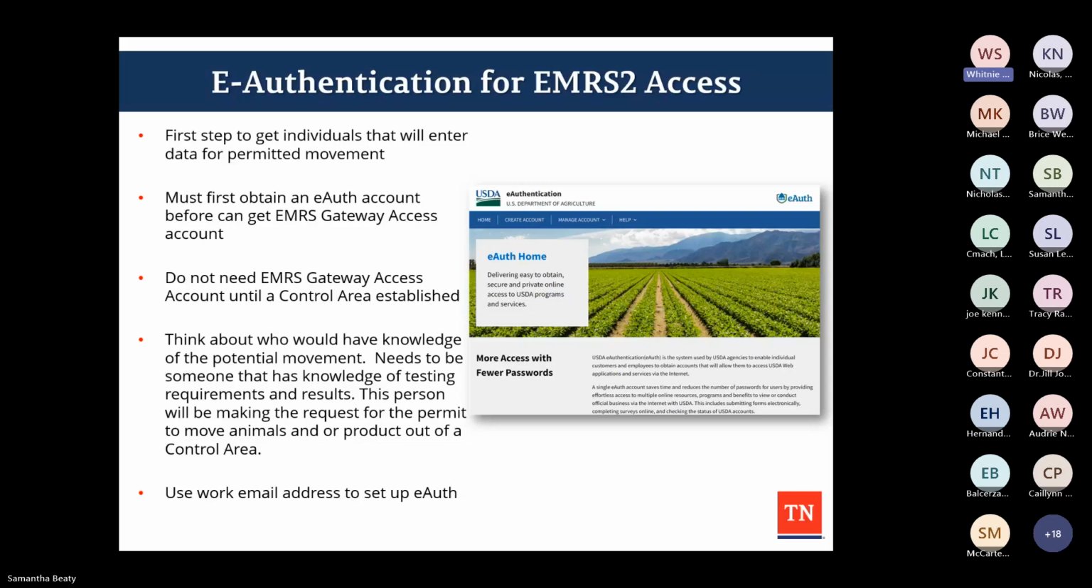We can get e-auth access set up ahead of time, but you would not need the EMRS Gateway access until the actual control area is established. So you can essentially be pre-approved to have access to the system, but we wouldn't necessarily give you that access until we actually have a control area and we know we're going to be needing to do permitted movements. And so that person that you would identify to be that EMRS permitting point person